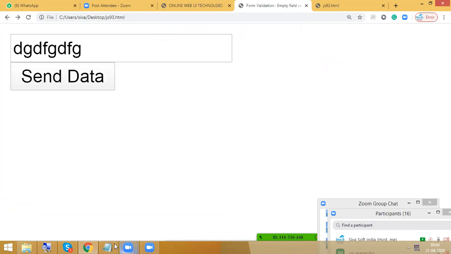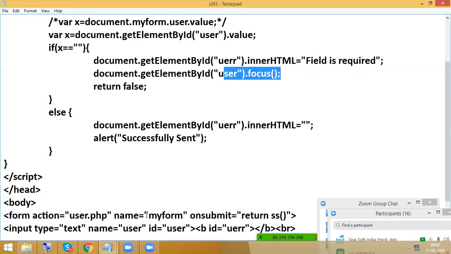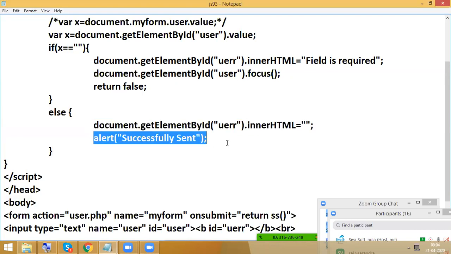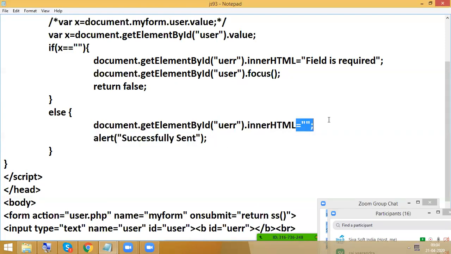Generally here you need to get one doubt. What is the doubt? I wrote document.getElementById first, and after that I have the alert. But what is happening here? First the alert is executing, and only then is the message becoming empty. That is the doubt you need to get. Why is it happening like this?